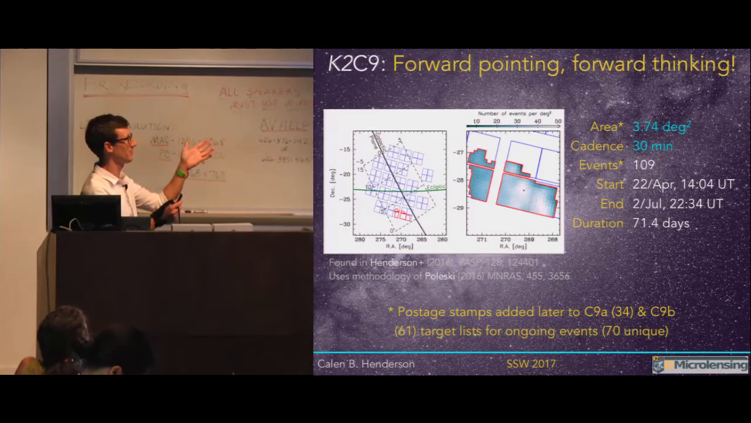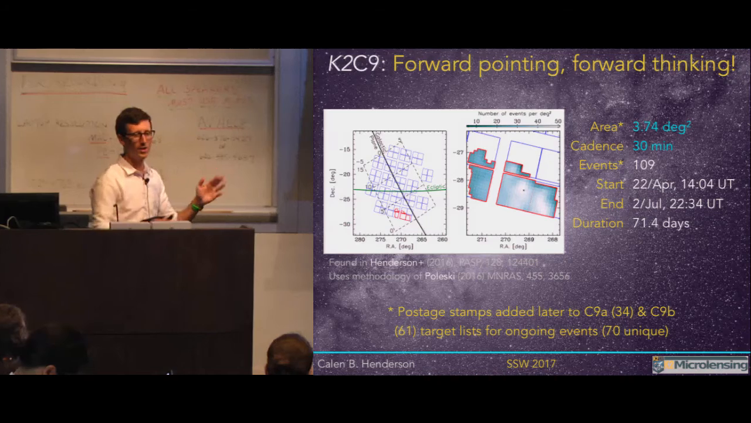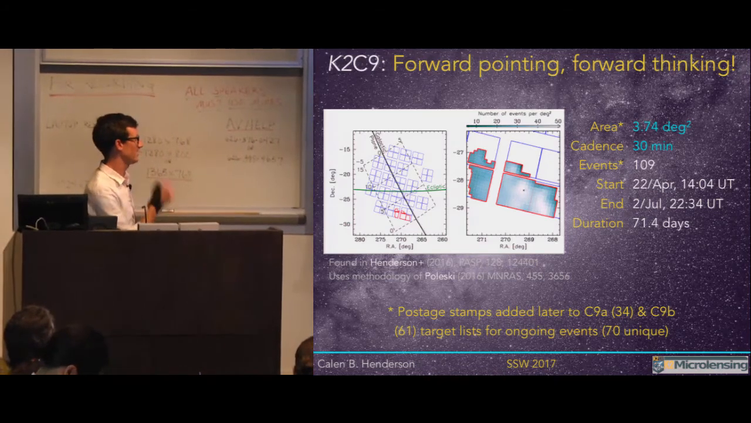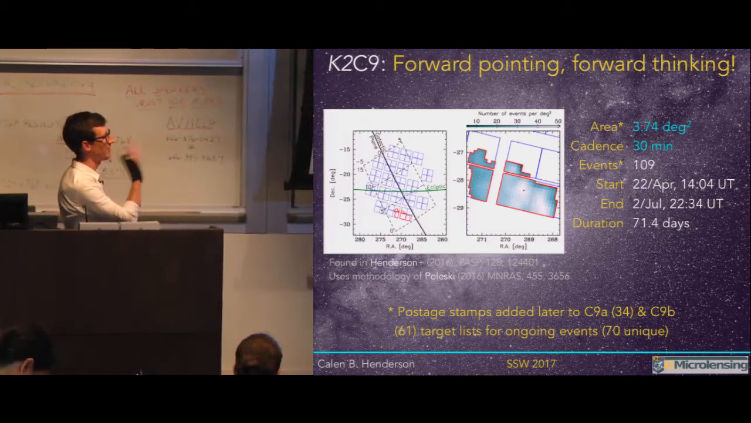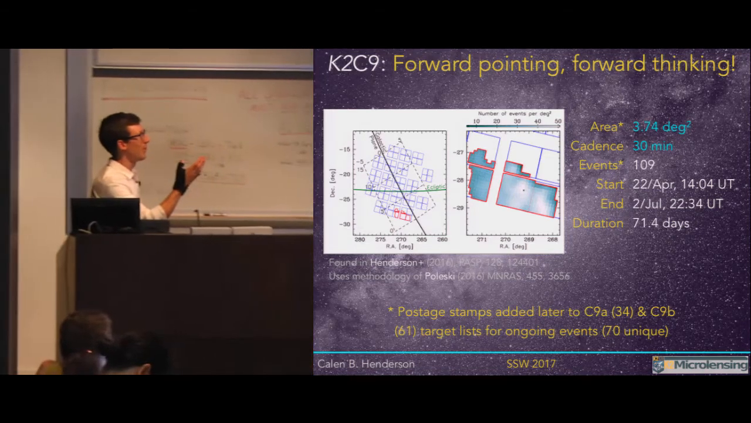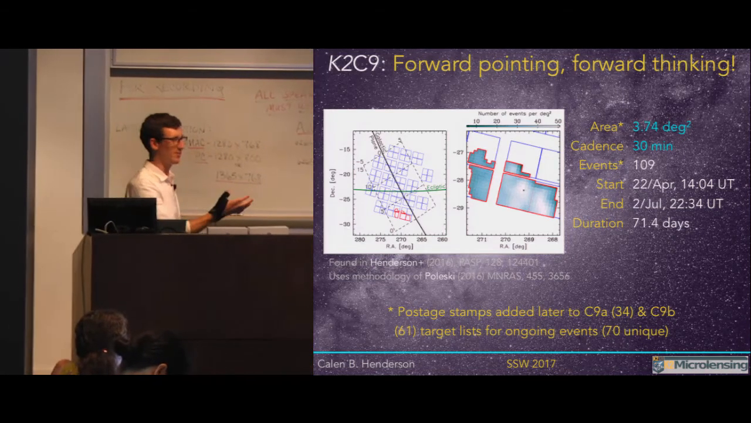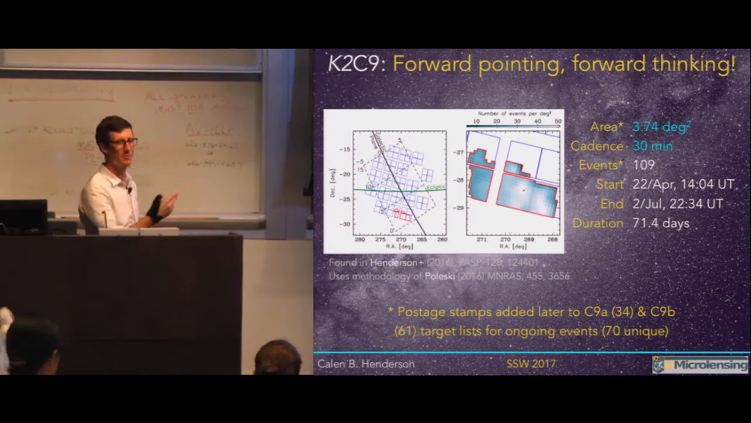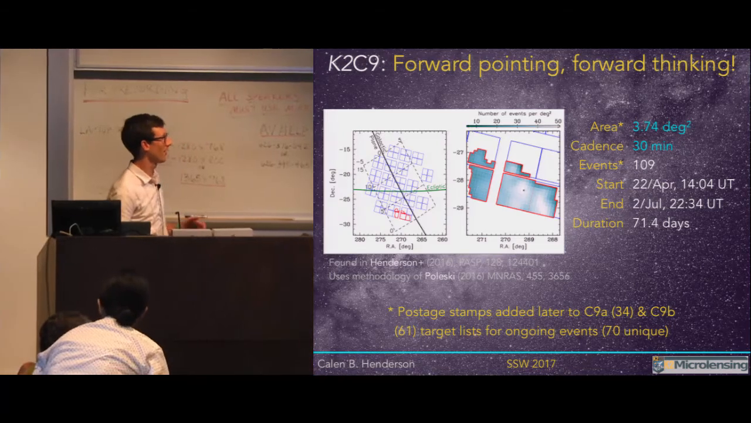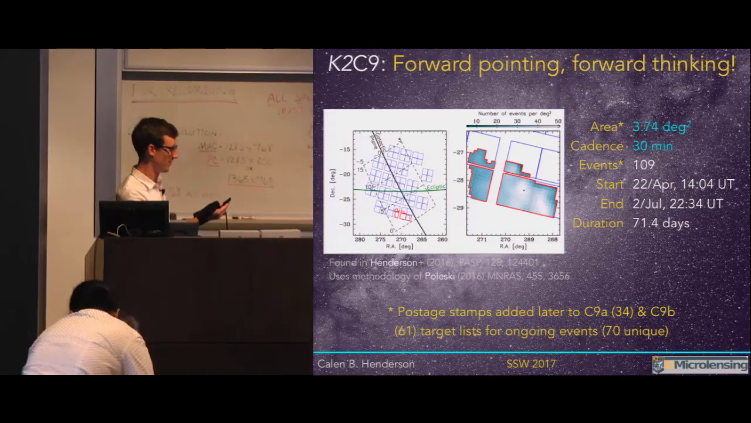So the campaign didn't end up starting until 22nd of April, and then ended a day later than anticipated for pointing restriction reasons. And so it was about 71.4 days. What it meant for our expected number of events, which scaled roughly linearly with our campaign time, is that we took that same hit, about 15%, on our expected number of events. So there were